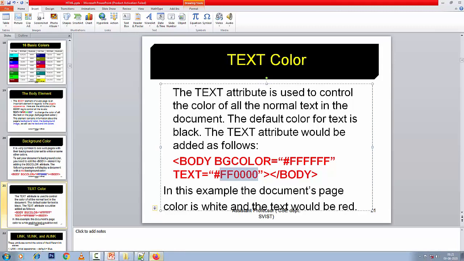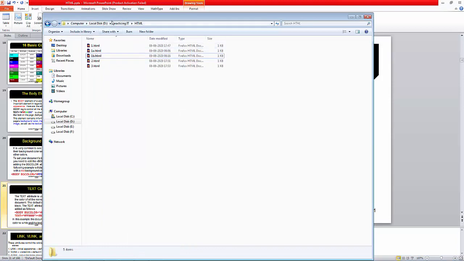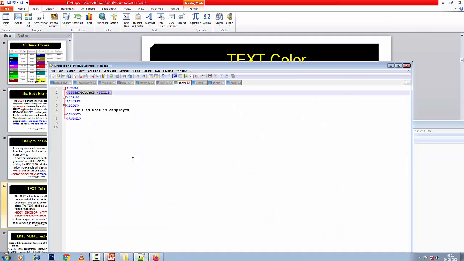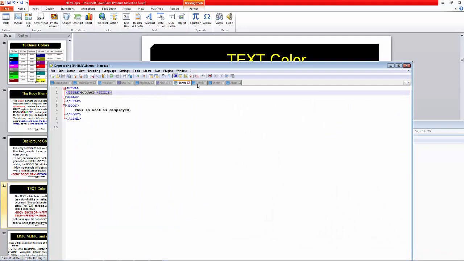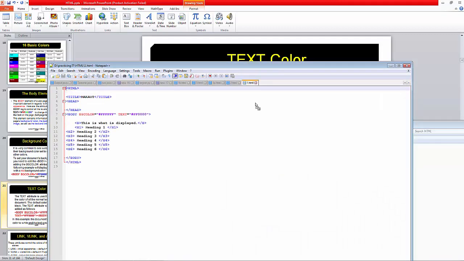So let me see the example I have already created here. I think that one is written. Let me see this one, 1A and 1B. I think it is written in 1.html, body bgcolor 1A.